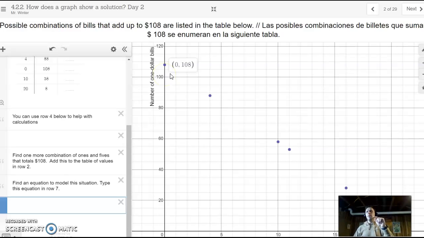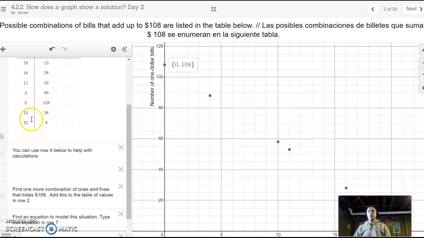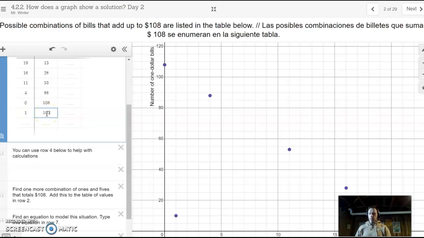The other way we could think about it is, if I'm going to go down 5 $1 bills for every one $5 bill. So if you can't see it in this idea, let's put in a couple more. So I'm going to just delete these so that you can see what our change is, right? Remember when we were writing equations before, we need to find what our slope or our change was. So if I go up one $5 bill, I'm going to go down 5 $1 bills. So that's going to be 103. And if that math doesn't make sense to you, think of this as 1 times 5 plus 1 times 103